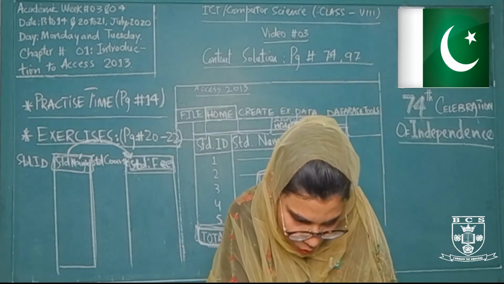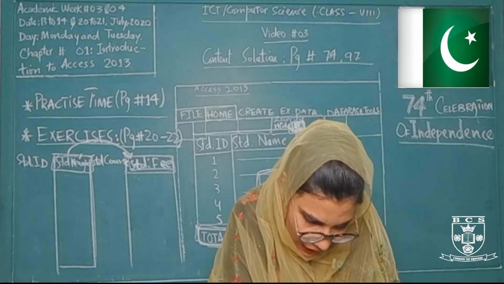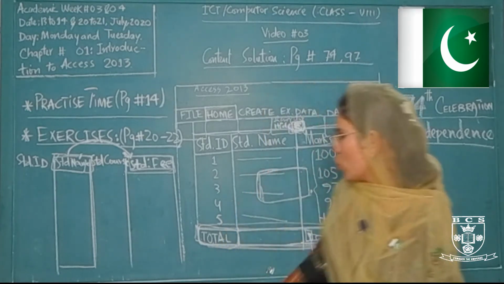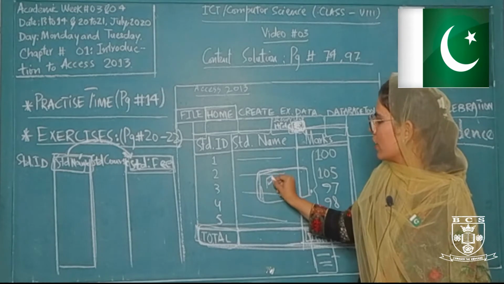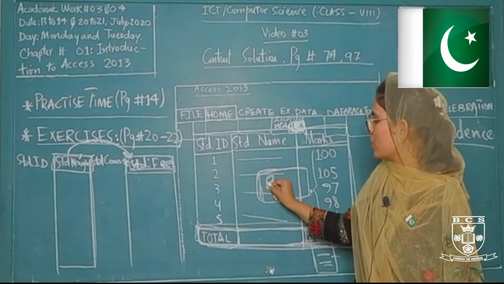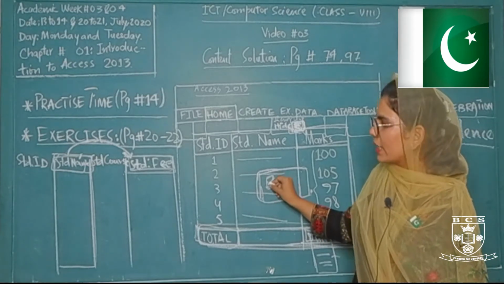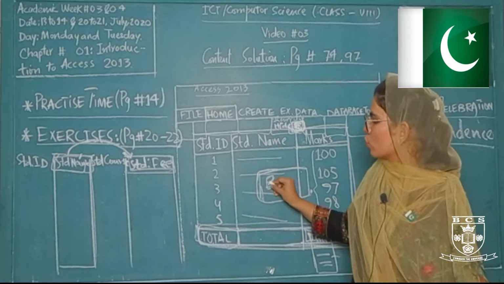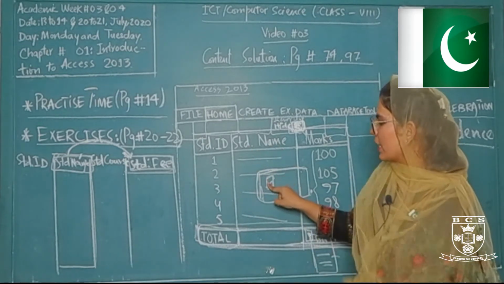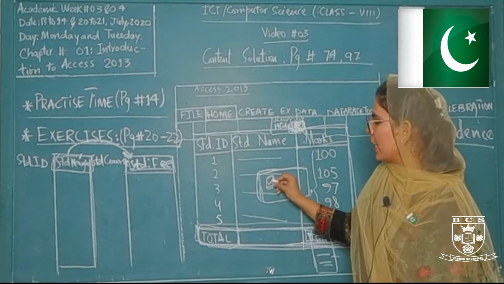Now we have to select the check box to make the field visible. Different columns will be mentioned here with check boxes, like this: within a square box there is a check mark. If your field is hidden, a check mark will appear here. When you click on it, the check mark will go away.